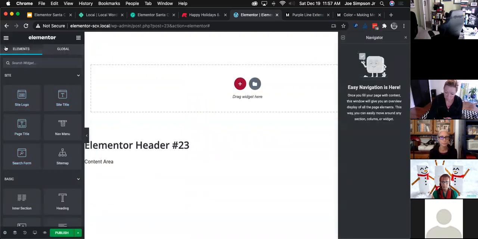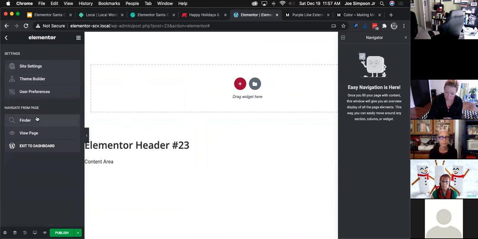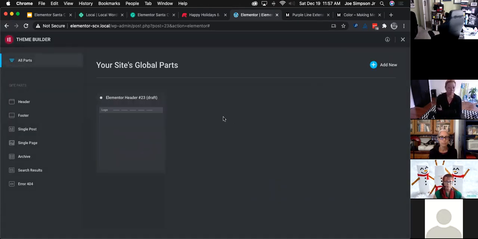All right, so let's go ahead and we're gonna create a footer and a header, and then we're gonna take it from there. All right, so let's go to Theme Builder. And you have all these parts that come with the Theme Builder that's what they suggest are the basis for most sites. Most sites have a blog, so you would have a post and you can create different post types. You can assign them to specific categories. You can get that fine with it. And in our case,